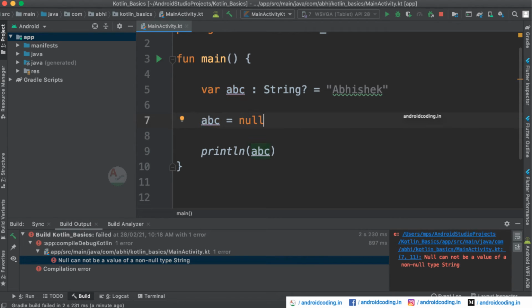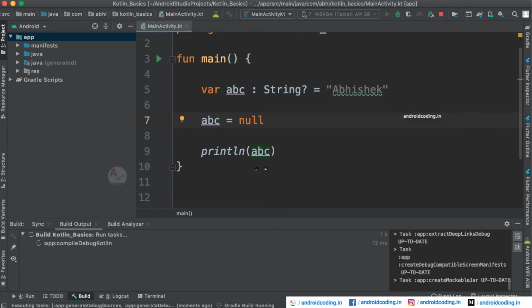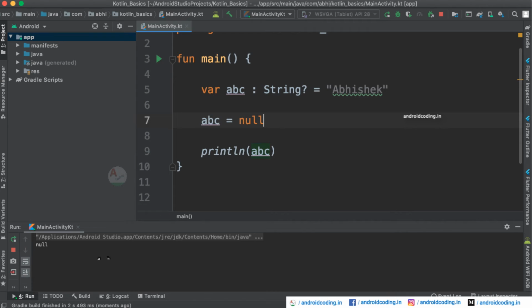When you try to run this piece of code, it will run completely, and here you can see the null is being printed onto our screen. So making use of this question mark symbol, we are accepting the null value too. In this way you can accept a null value using the question mark symbol in Kotlin. So now we have successfully accepted a null value in our variable.